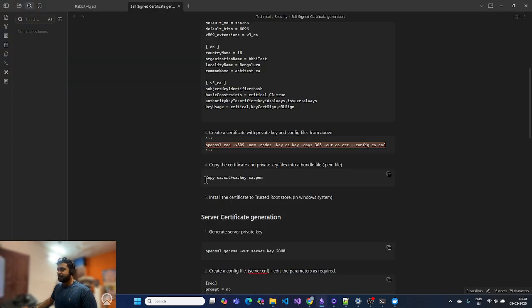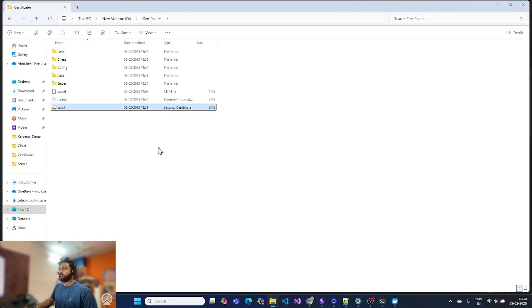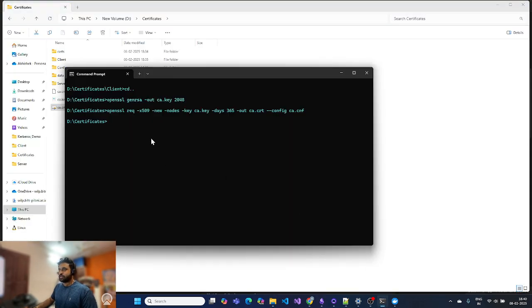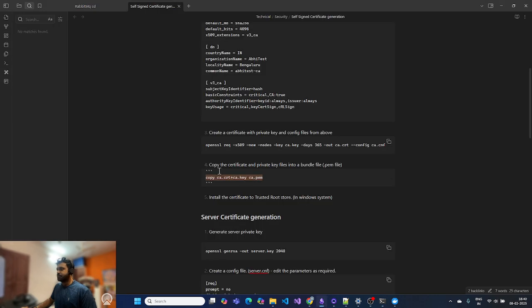Next thing is we need to bundle this certificate and key file into a PEM file, because the RabbitMQ server requires the certificate authority, so certificate and the key file, in PEM format. So we'll be generating that. Fine, cool. So once this is done,